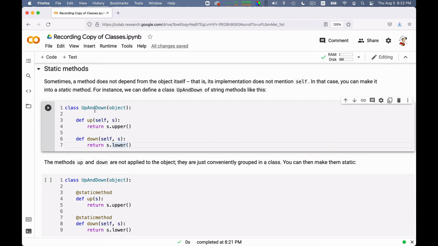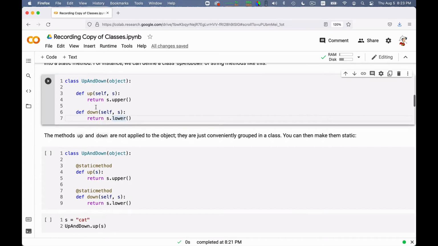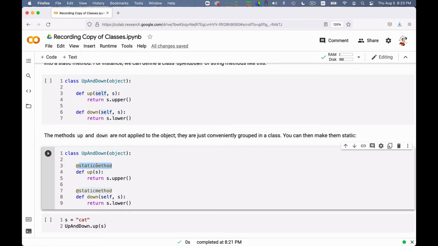This is often the case that maybe you even have some normal methods in a class, but also you have some other functions that you just like to put inside a class because that's where they belong logically. But these methods, or functions, don't need to touch the object in any way. They just need to compute something and return the result. So if you need to do that, the clean way to do it is not to take this argument self and not use it, but rather to declare a static method.